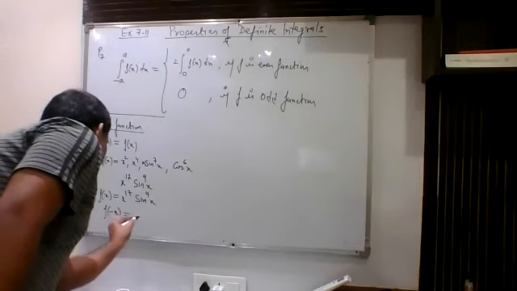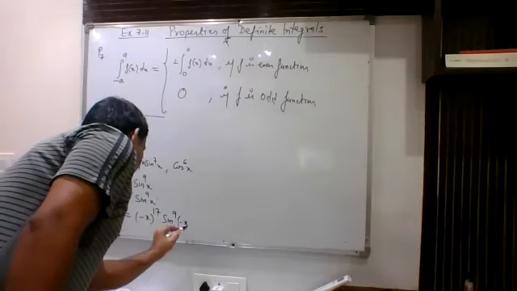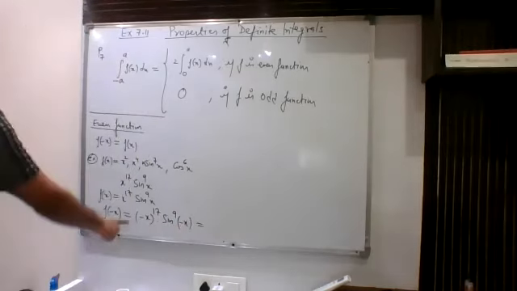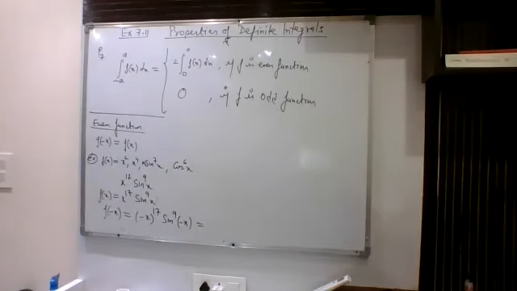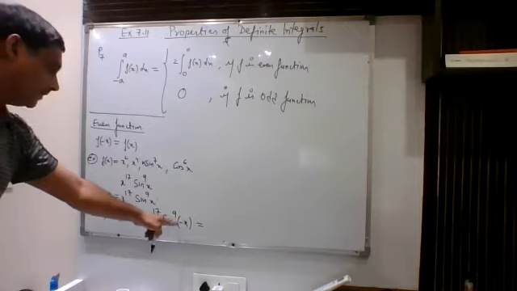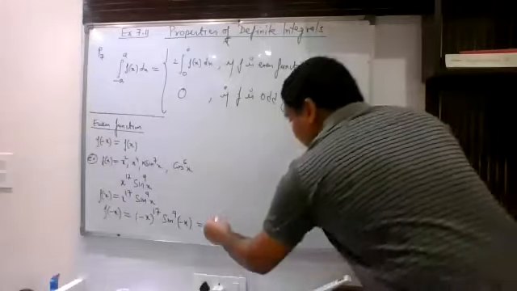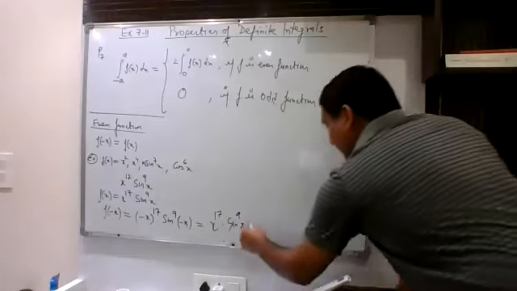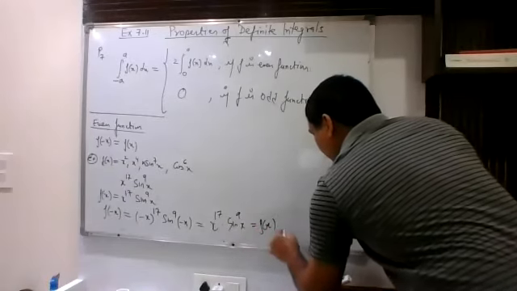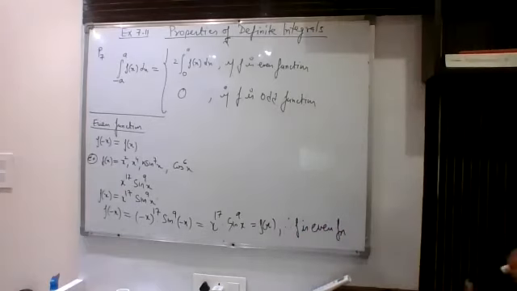So when I substitute, I can see that it will become (minus x) to the power 17 into sin to the power (minus x). So here it is odd power, so you will get minus outside, and here also sin of minus theta was minus sin theta, and it's for odd power, so minus minus will become plus. That means you will get the output as x to the power 17 into sin to the power 9x. So that is nothing but the function. Therefore, f is even function. So this is how you will check whether the function is even or odd.